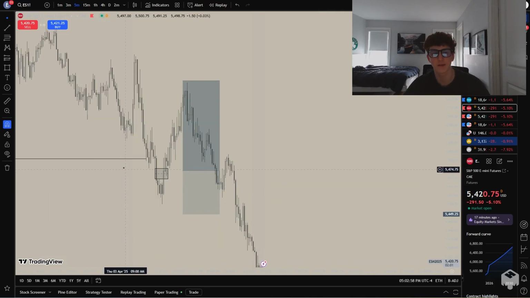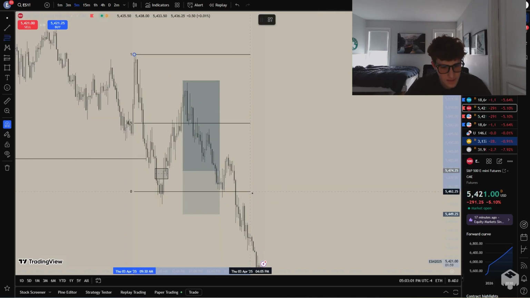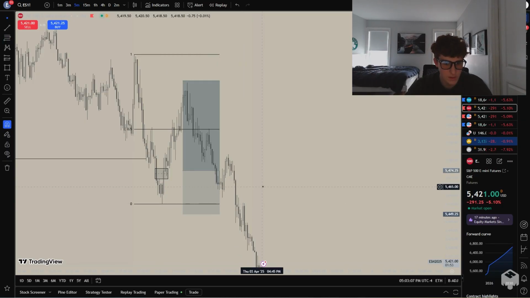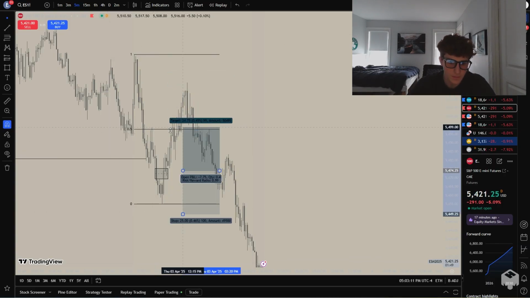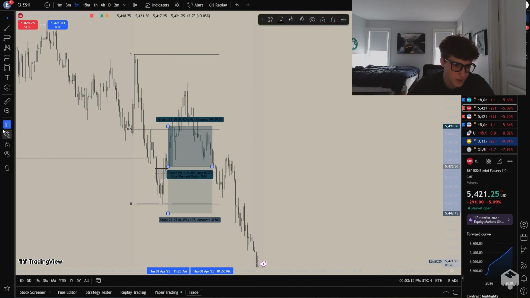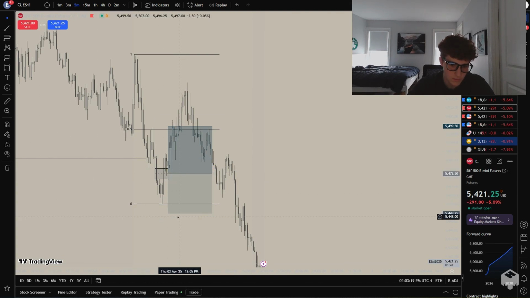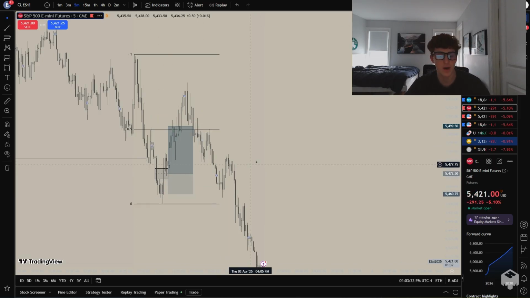Now, once we inverse the 5-minute after taking a significant low, this is still the MEC model, right? I'm expecting it to rebalance to something more significant, such as the equilibrium of this range, take profit at this high, align with the EQ. And I got an entry. My entry was right here. Stop loss was right here. Beautiful trade.